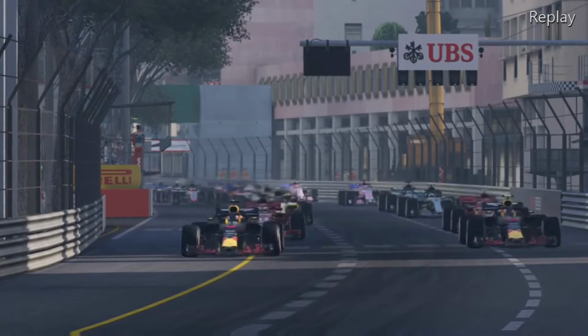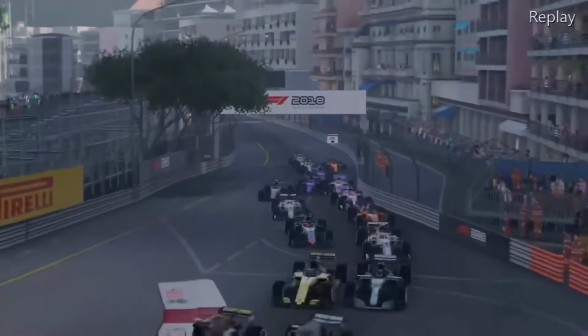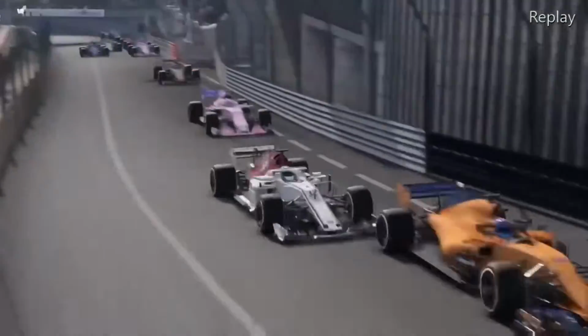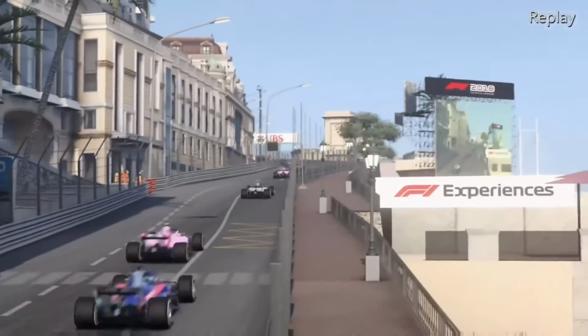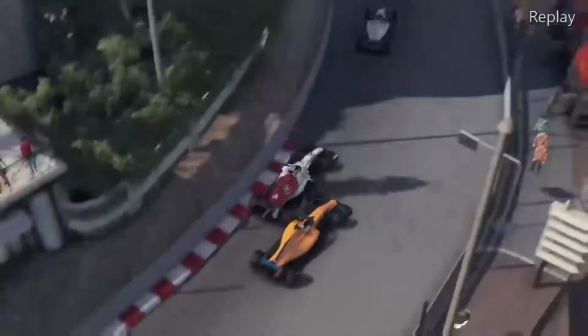What happened from the start: both the Red Bulls getting away rather cleanly, and then you can see the Ferraris, Renaults, Mercedes heading into turn 1, and then you can see ourselves behind Kevin Magnussen, and the Force India almost looked like it went into the wall there as well. So that would have been Esteban Ocon. As we come up towards the casino section, we go diving down the inside of Alonso,